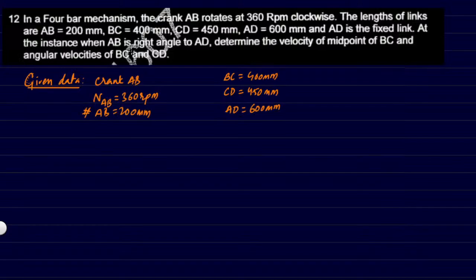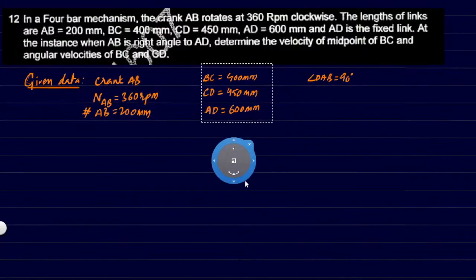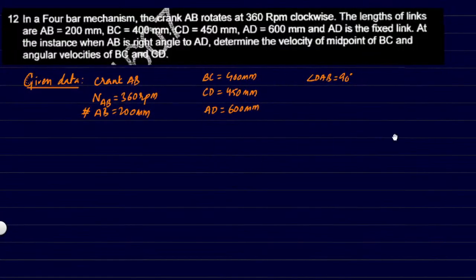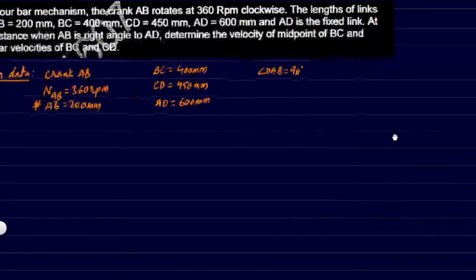At an instant, AB is at right angles to AD. That means the angle DAB is 90 degrees. This is the position, this is defining the position. So next we'll have to quickly do the position diagram, for which